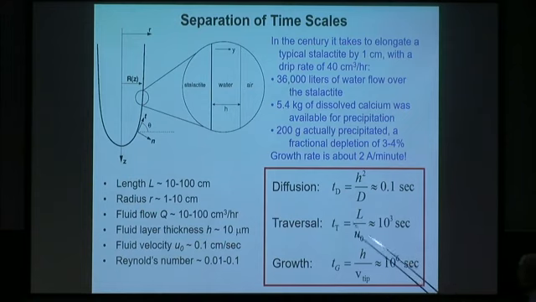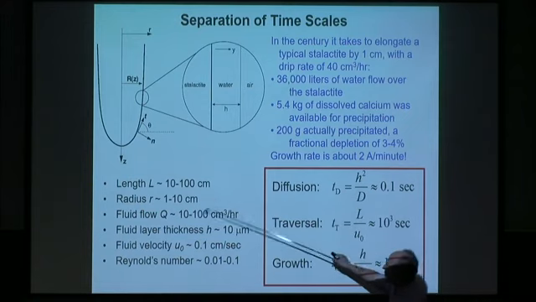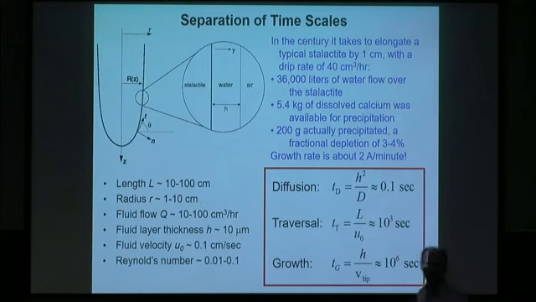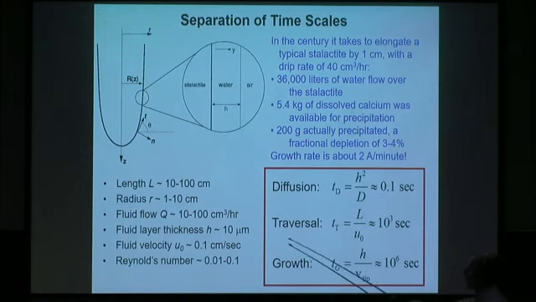And the length of a stalactite could be a few meters maybe. Its radius is perhaps like this. The fluid flow I mentioned, but that water layer thickness is really small. It's 10 microns. It's 1/10 that of a human hair. And the fluid velocities are very small, millimeters a second. So this is a world of low Reynolds number, meaning it's dominated by viscosity.